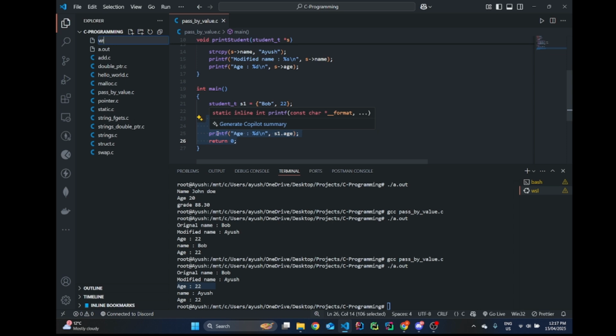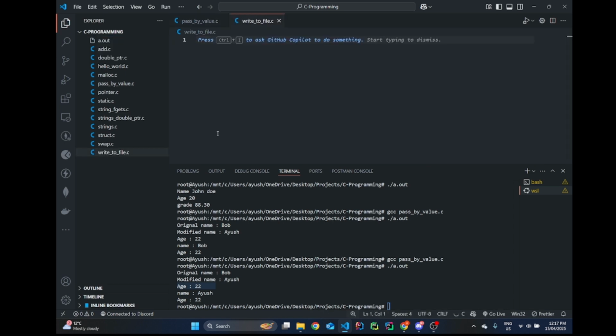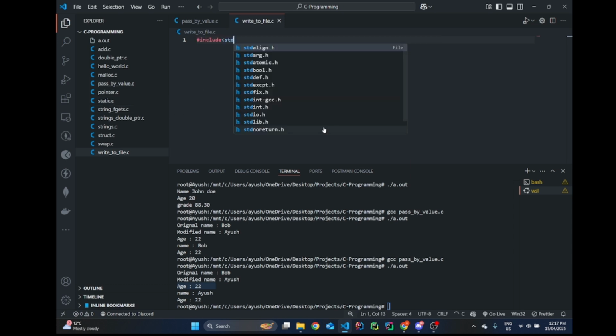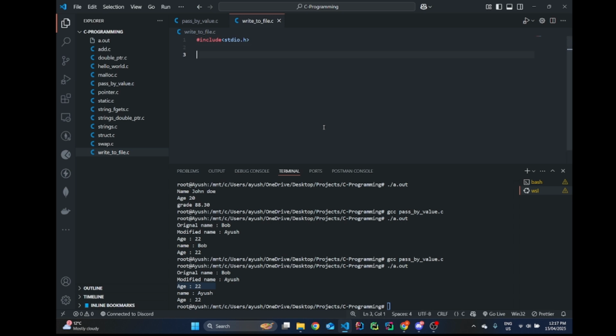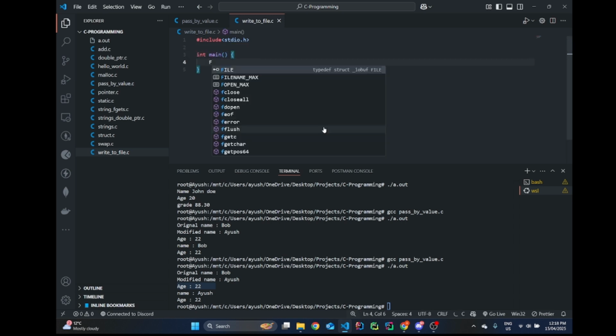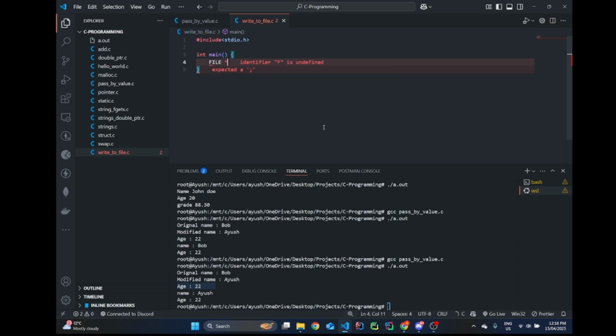Write to file dot c. #include stdio. In main, let's create a file pointer, a pointer to a file. FILE *file equals fopen